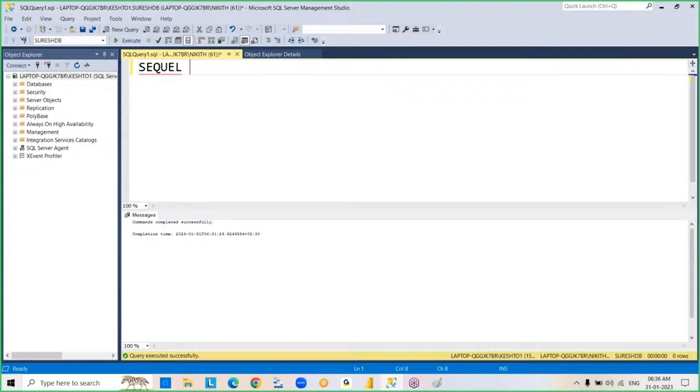In the same way, this SQL language contains some sublanguages. DDL, data definition language. DML, data manipulation language. DRL, data retrieval language. TCL, transaction control language. And DCL, data control language. See, your important thing is